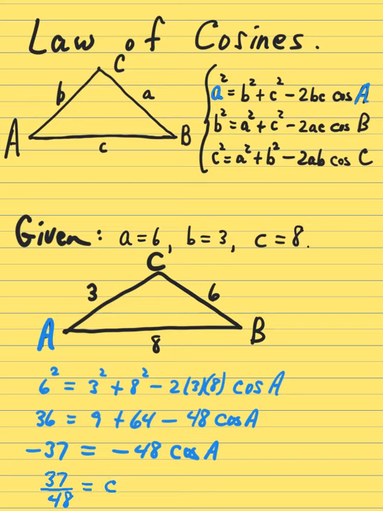Those two negatives will make a positive. 37's prime, so it's not going to reduce any. And then finally,